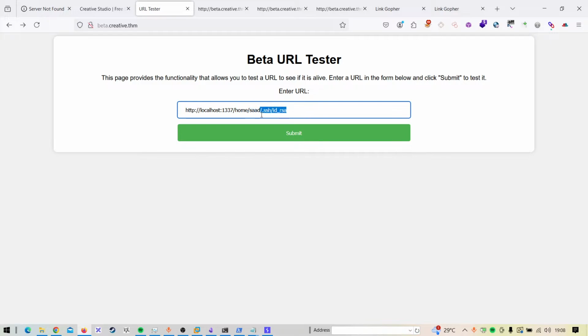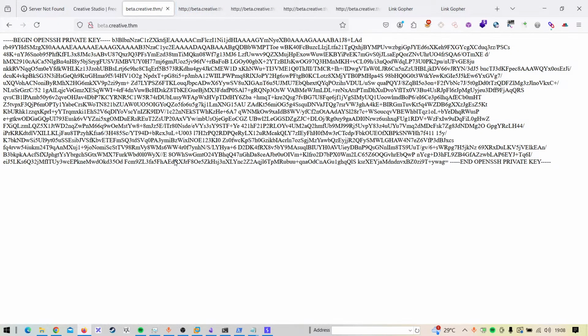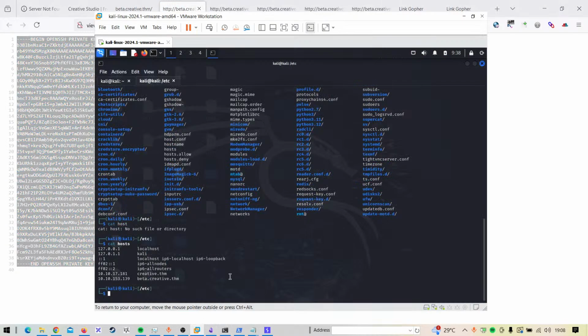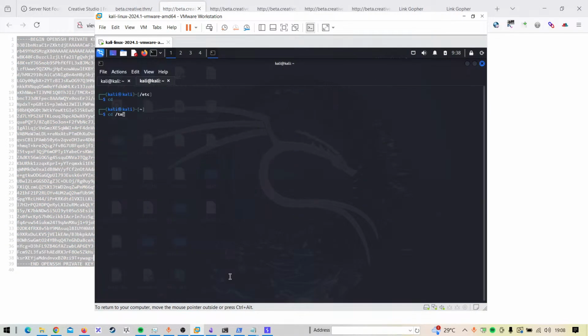This is the path where the id_rsa is generally stored, right? There you go. We'll copy it, see the source code, copy and come over here, make an id_rsa, paste it, and chmod 600 for the id_rsa permission, and we'll do ssh -i id_rsa